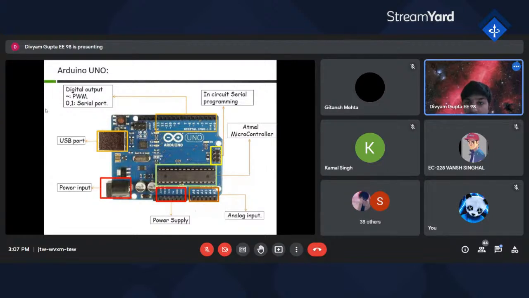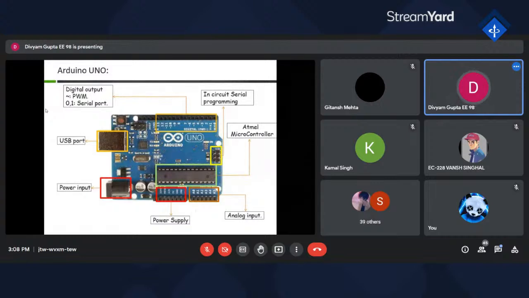And just a little below these pins, you can see an on button. This is basically our main power on button. If this is on, it means your Arduino board can be used, and if it is off, you cannot use your Arduino board. Just right below it, you can see a built-in LED on the Arduino's left side. This is by default connected to pin number 13.